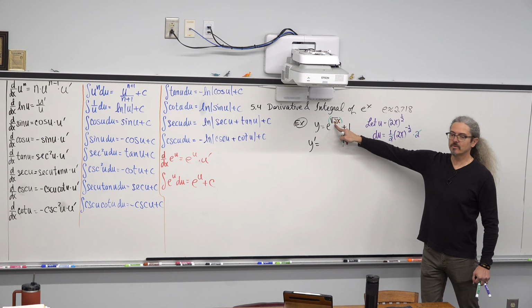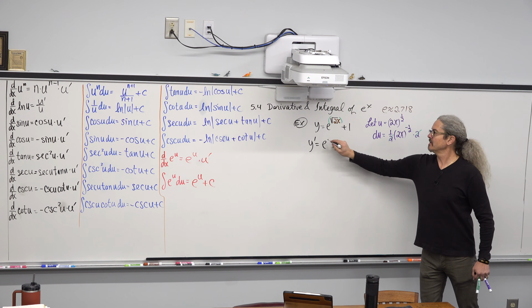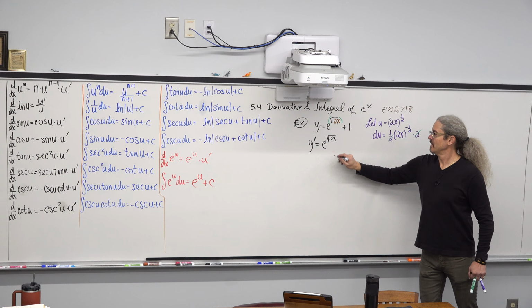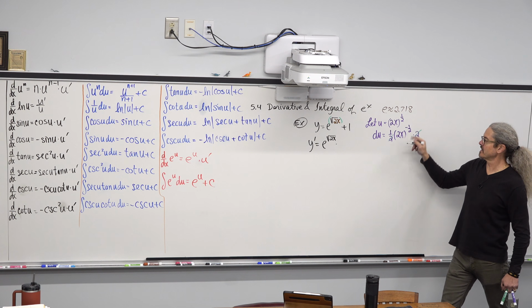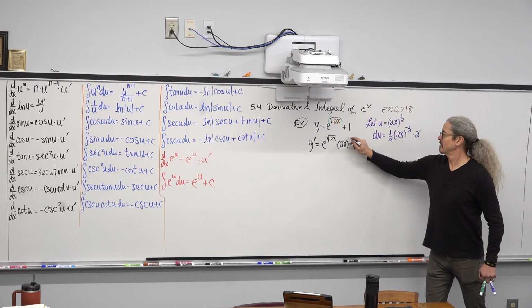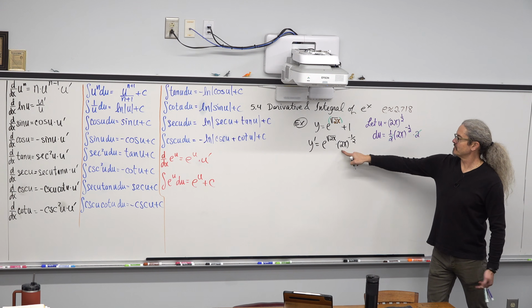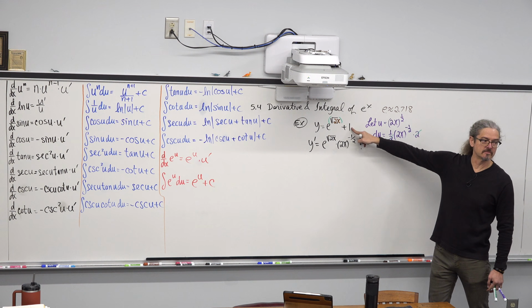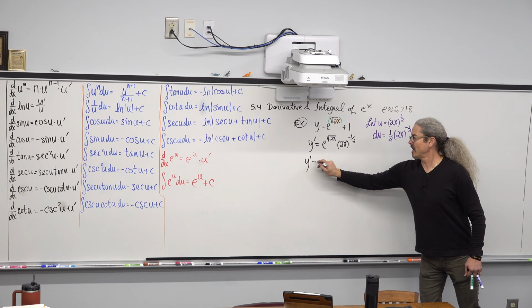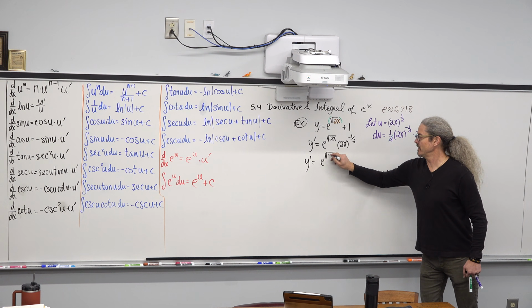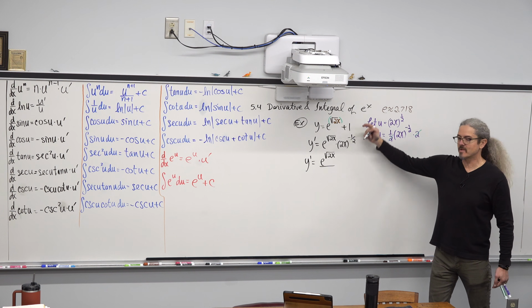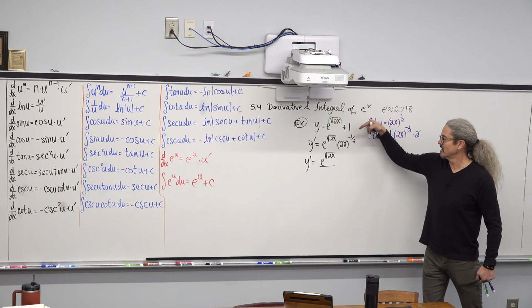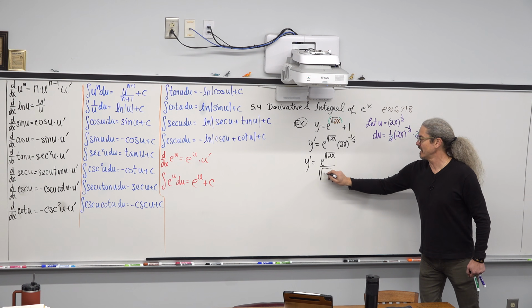So if y is e to the square root of 2x plus 1, then y prime, what's the derivative of e to the u? E to the u times u prime, which is 2x to the negative 1/2 power. And the derivative of a constant is 0, so we have y prime is equal to e to the square root of 2x over, right? This base has a negative power, so I'm going to clean this up. Maybe it's a multiple choice question, and we're trying to match the answer. We're going to drop that square root down into the denominator and have a division of the square root of 2x.